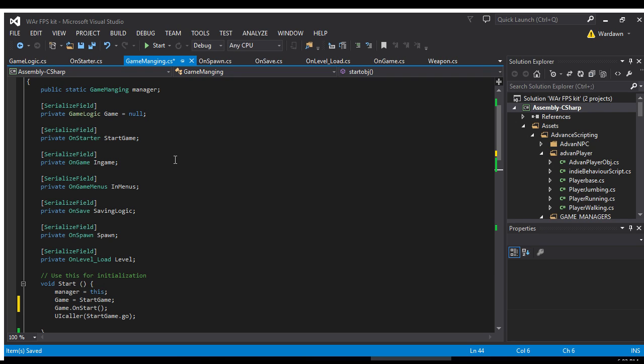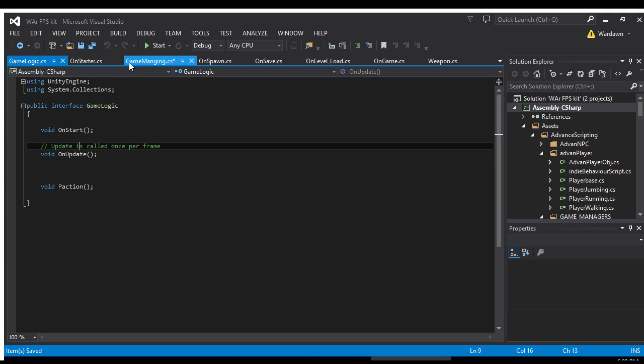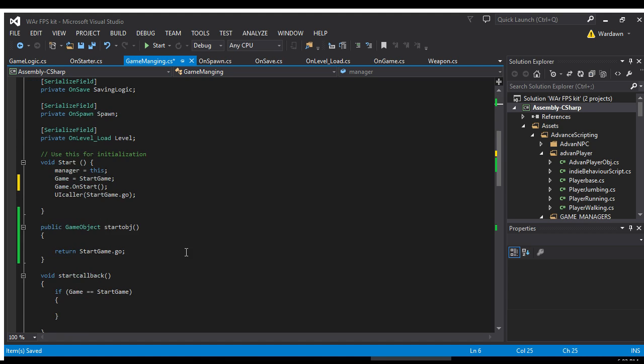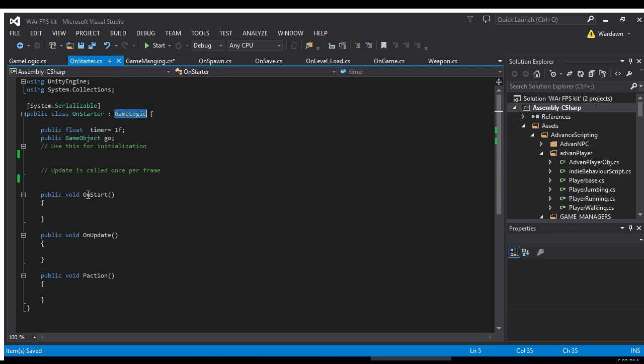let's say every single one of these classes, I need to stuff a variable in here for the main game logic. Okay, like game logic. Or, oh, managing. Oh, this will be a good one. Which is fine and everything, but instead of going into every single one of these classes, I'll go into start, and I'll make